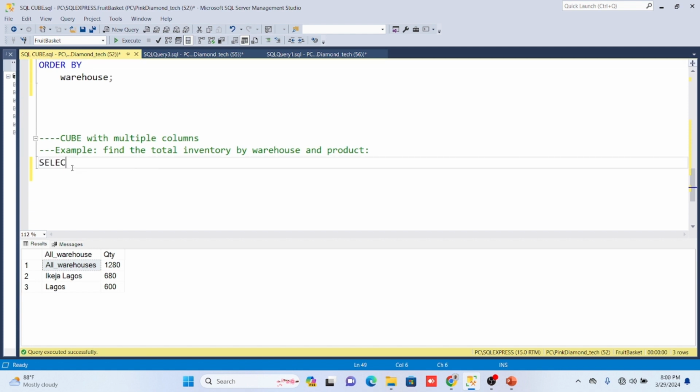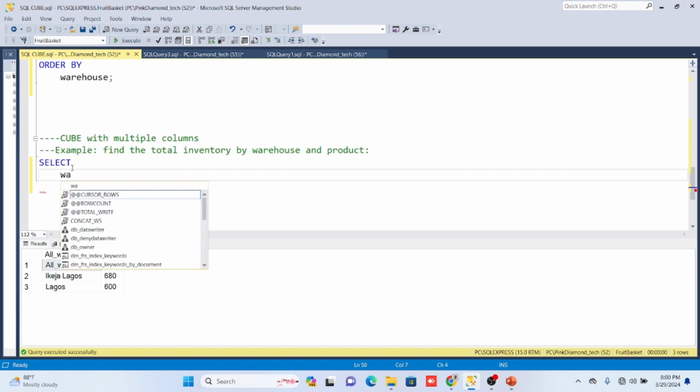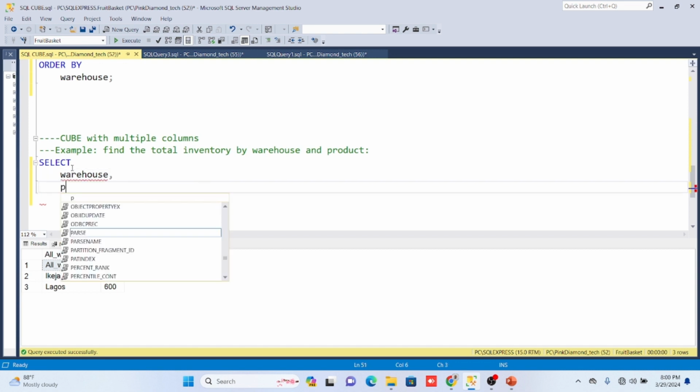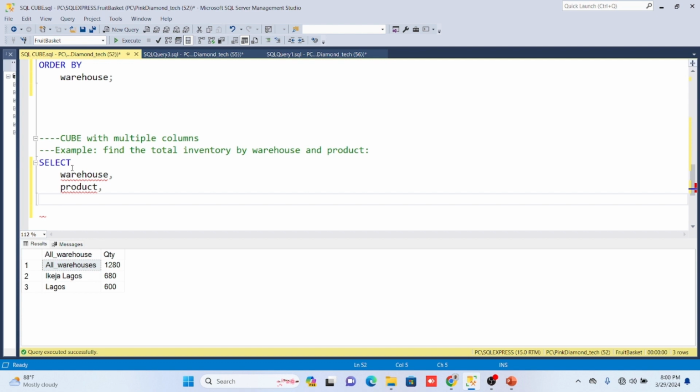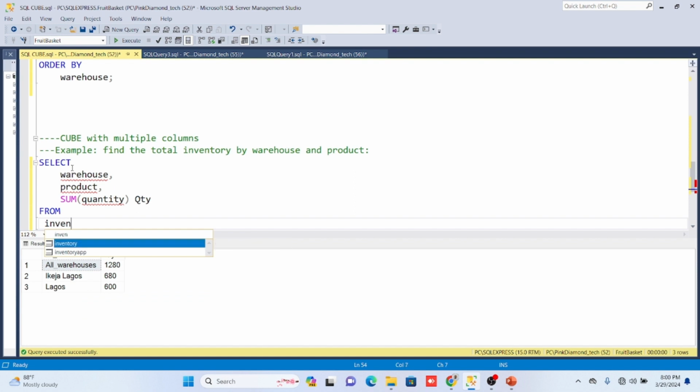I will say SELECT the warehouse, comma, the product, and I want to SUM the quantity column as QTY from my inventory table,